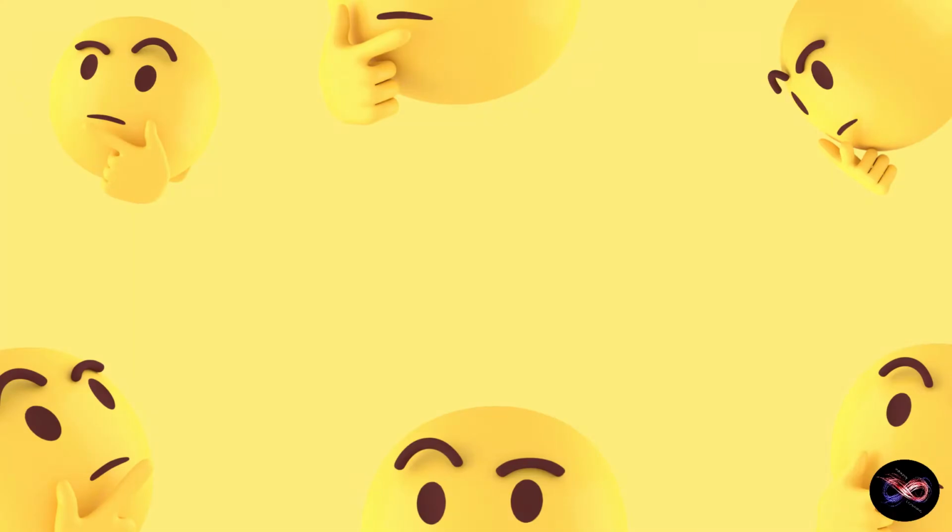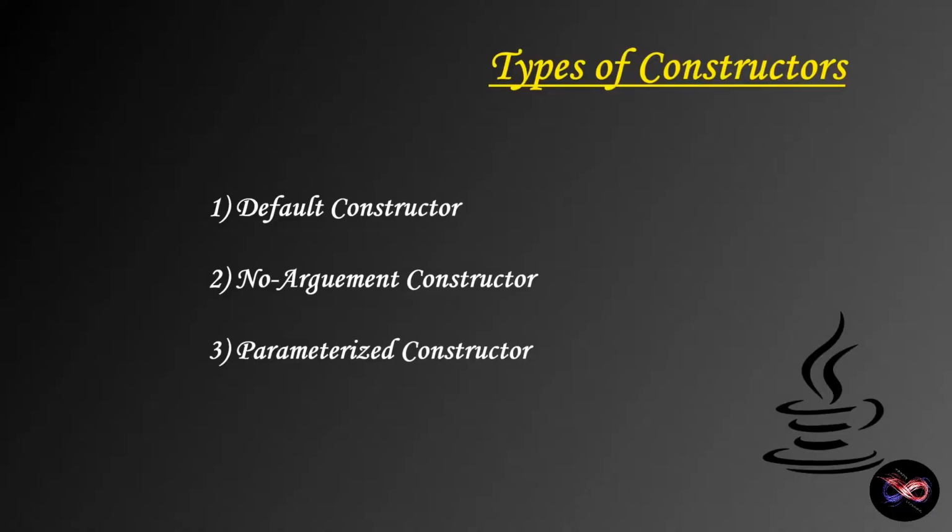So we are familiar with what a constructor is and what are its property and how it should be created. So we should also know what kinds of constructors can we create or can we use. So our next topic of discussion is the types of constructors. So the first type of constructor is a default constructor.